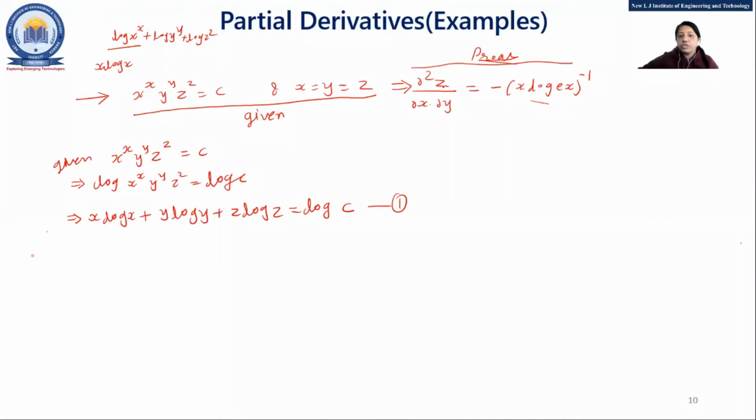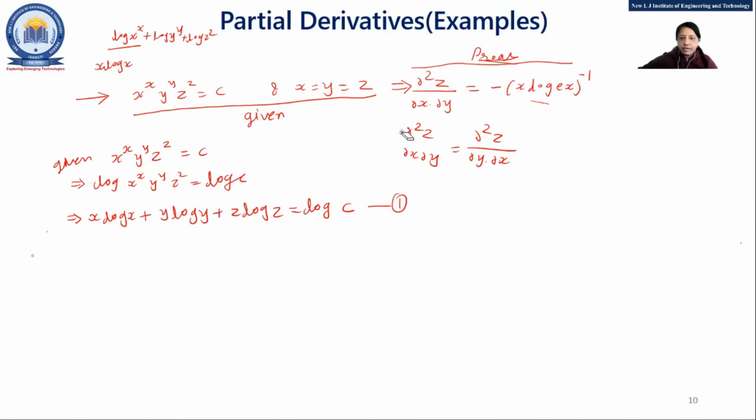I'll start the differentiation, but not directly of this, because I want log. So I have applied log. I have converted this equation into the form of a logarithm, and then I'll apply this. Now do the differentiation with respect to x, for example. Either you can go with y also, because we have proved in 2-3 questions that del square z upon del x into del y is equal to del square z upon del y into del x. This is the property. Either of you can go in that way. So this is the thing.